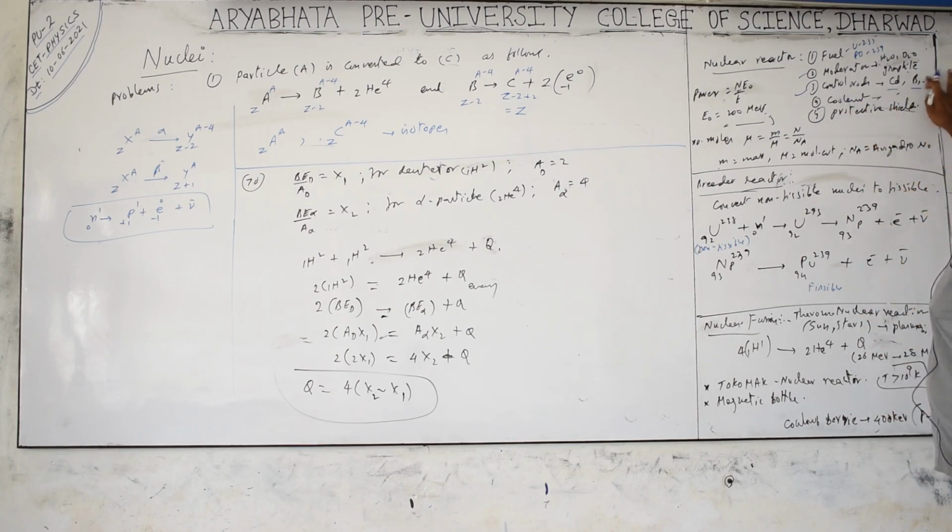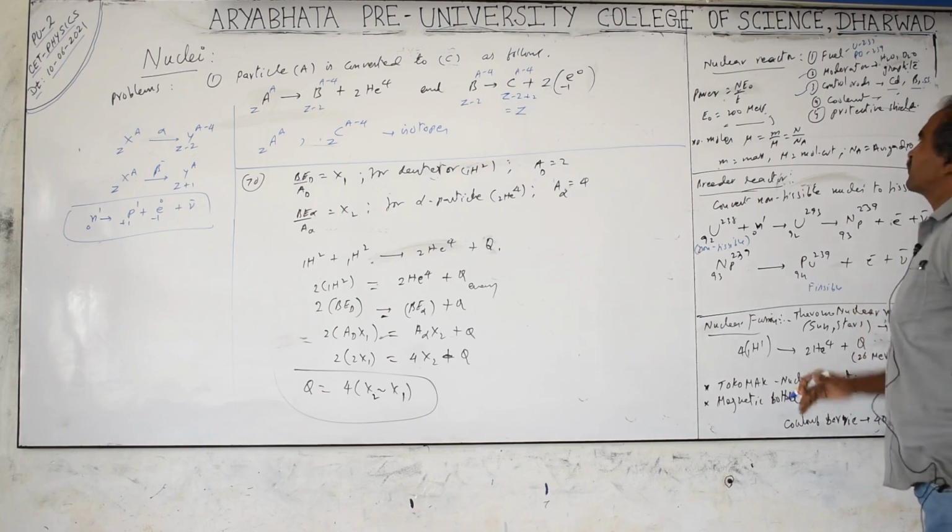Control rods: this SS stands for stainless steel, which is rarely used, but in the Kaiga power plant they use stainless steel rods for the absorption of neutrons, called control rods. Moderators don't absorb neutrons, they just decrease the speed of the neutrons so that they become thermal neutrons. In some nuclear reactors they even use fast neutrons, but in very rare cases. Only thermal neutrons are preferred in India.